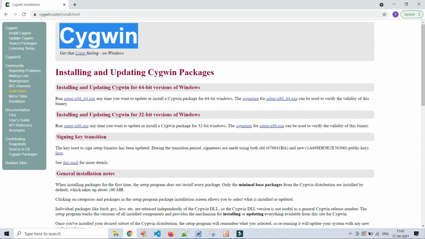Another option is to just Google online Unix or Linux terminal for free. Once you search with that string, you will get n number of websites. You can choose any website that you like, sign up, and practice there. And another way is Cygwin.